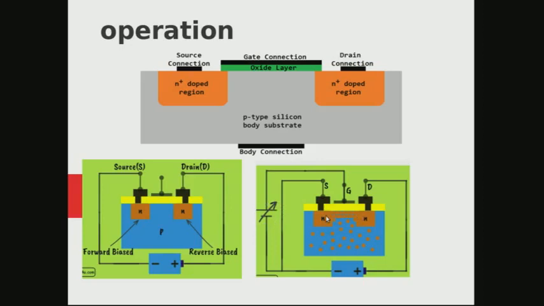The higher the positive potential that we apply, or the higher the voltage that we give to the gate terminal, the greater will be the width of the channel that is formed, which indicates greater conductance between drain and source. However, there is no direct contact between source and drain, but due to the electrostatic attraction, a conductance channel is formed between the source and drain terminal.